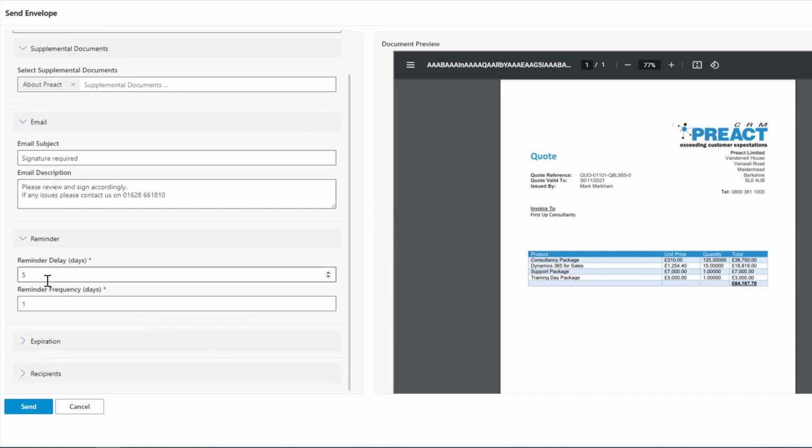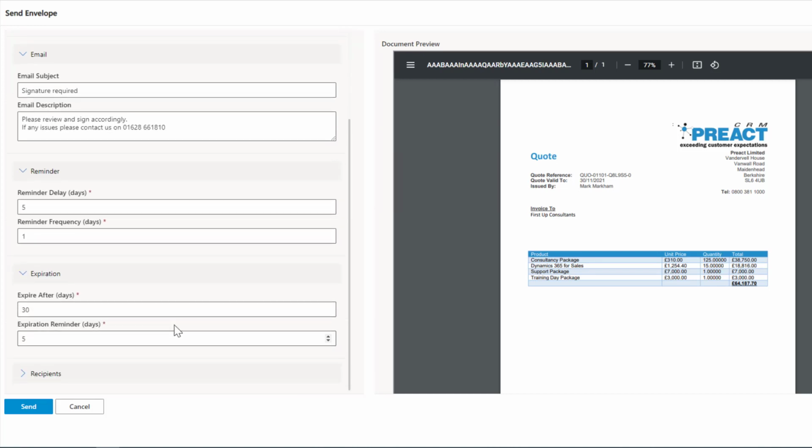We've got the reminders. So this will send a reminder out after 5 days and then subsequently every day after, just to remind the person they still haven't signed this document. Again, you set the parameters and the default values for these. Same with the expiry. So we've got this to expire after 30 days, and obviously, we're sending some reminders as well within this. Again, once it's completely expired, it will just go out and it just won't be there. You won't be sat in DocuSign or anything like that. It will just be changing the status to say it's now expired,